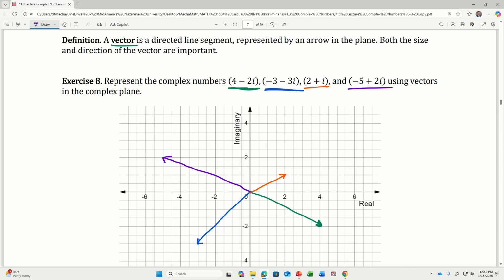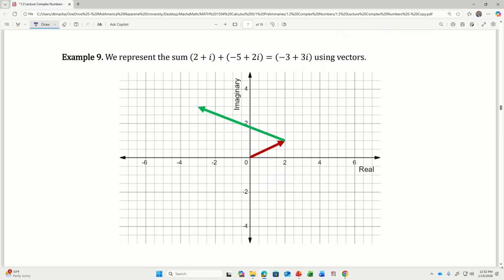Does that make sense? Okay. Then, once we can represent these as vectors, there's a geometric way to represent sums and differences. If I want to add 2 plus i and negative 5 plus 2i,